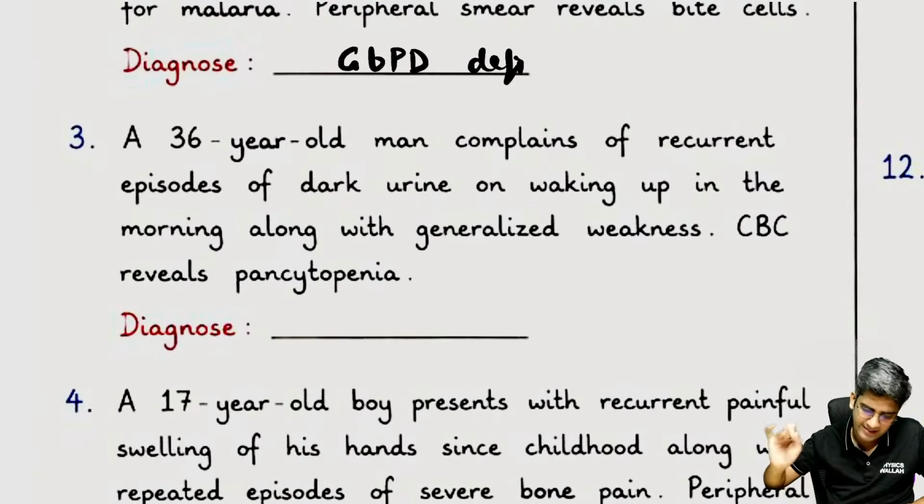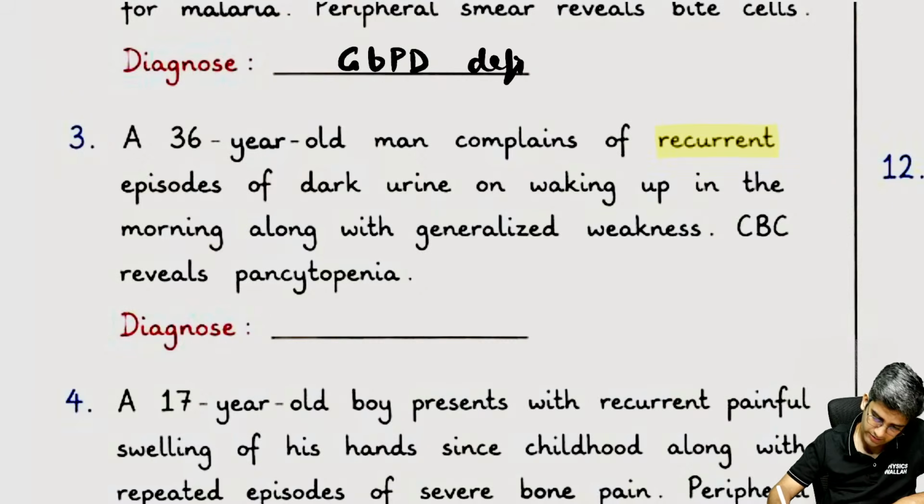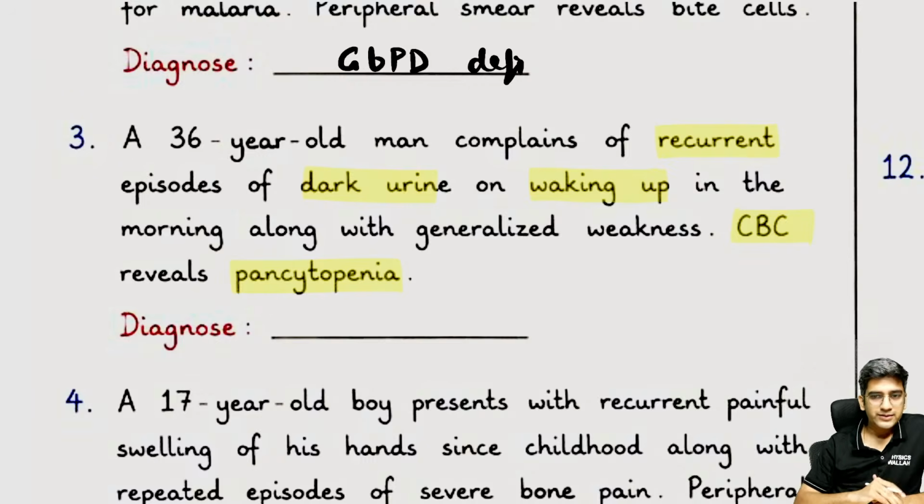I'm just going to highlight the important key factors here. You keep on commenting, we'll keep on talking about it. Fine. 36-year-old, recurrent episodes of dark urine on waking up. This is a classical diagnosis, right? See, if it's easy and you think that I know it, so I'm not commenting. Don't make a mistake. Comment. Sometimes you might make a silly mistake and miss the long answer question here, right? That's a very, very classical diagnosis of